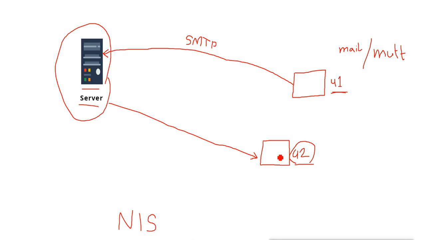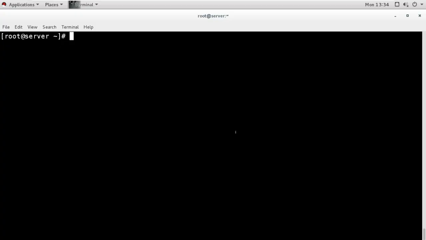So we can use Mutt also. Mutt does not require downloading the mail from the server. It can work with SMTP just like this mail command. But it has more features, and it has a little TUI feature, it gives you a text user interface. It is still command line, but with more features. But it is also not installed by default, so if you want to use it, you have to install it. So I will show you Mutt also.